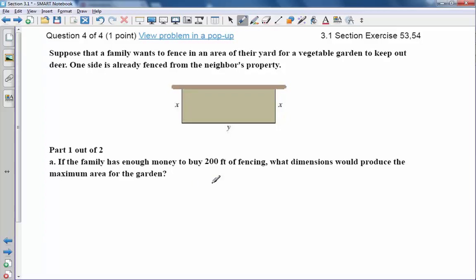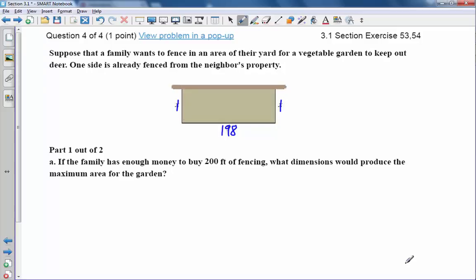How would you spend this 200 feet long wire or whatever fencing you're using to get the largest garden? Because you want to build the largest so you can get the most vegetables out of it, right? You don't want to make a tiny one. So there are options. I can go with 1 foot on this side, 1 foot on this side, and 198 here. There you go. I spent 200 feet, right? 198, 1, 1, 200. That's a really tiny width, and very long